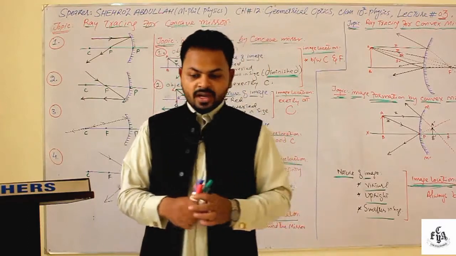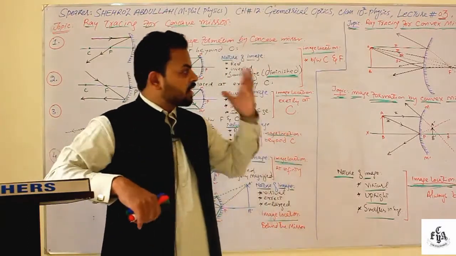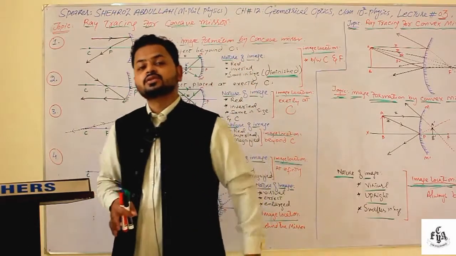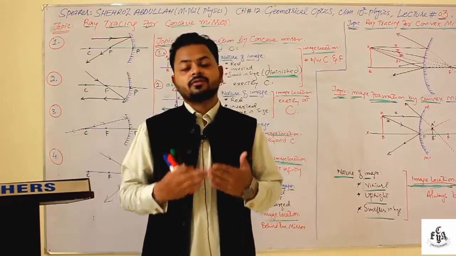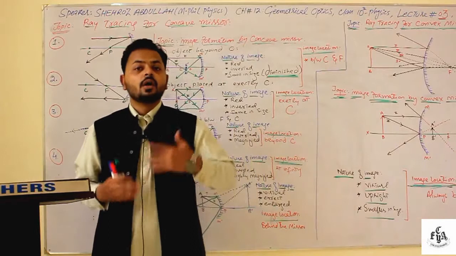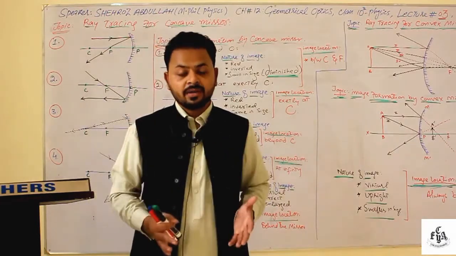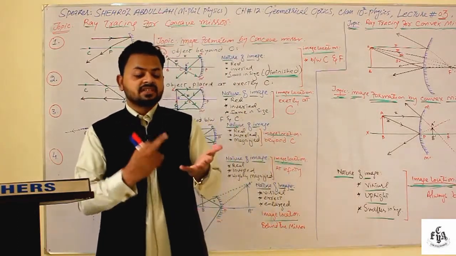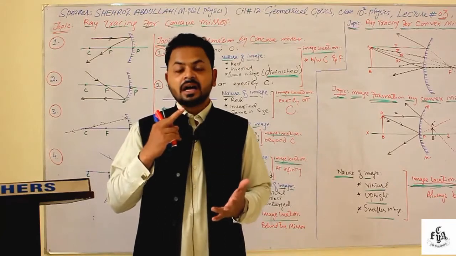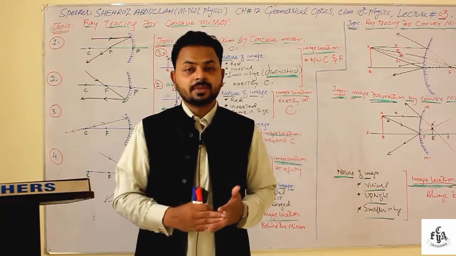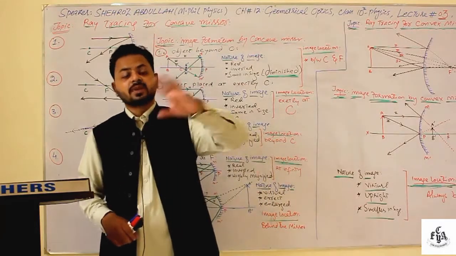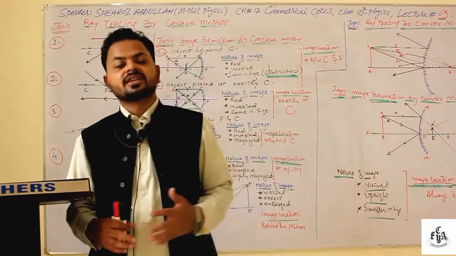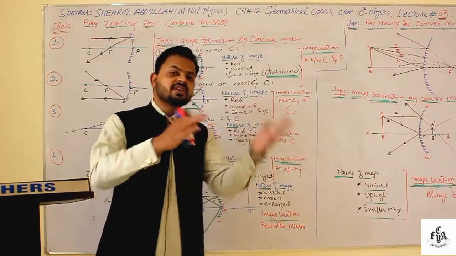Let me recall the previous work we have done yesterday. We discussed mirrors, spherical mirrors, and their two types, the characteristics of image formation, and the terms associated with rays, like center of curvature, pole, focal length, aperture, and principal axis. We also discussed principal focus and focal length for concave and convex mirrors, and all the things related to that. We did this yesterday, right? So this was all about the previous lecture.